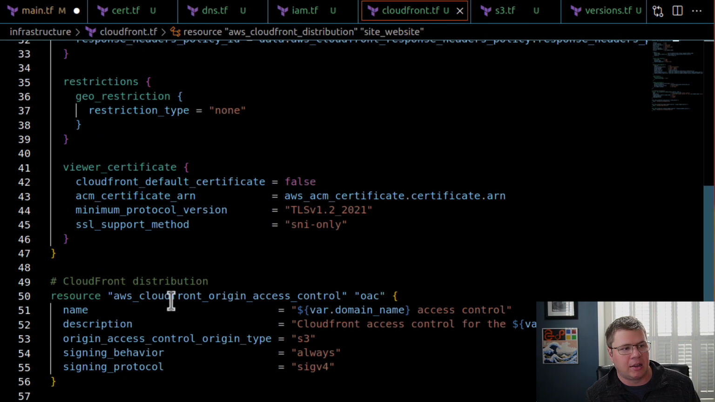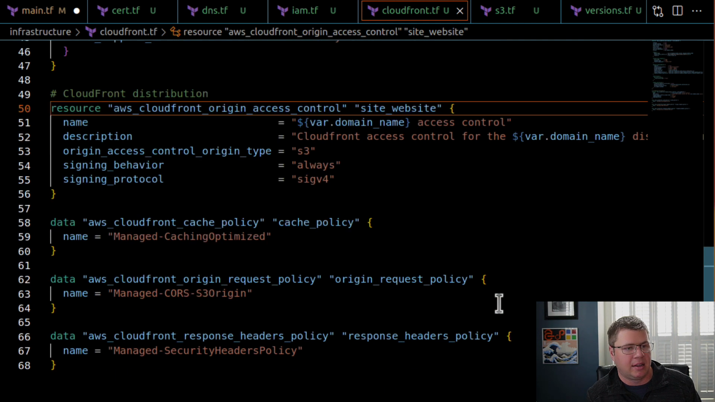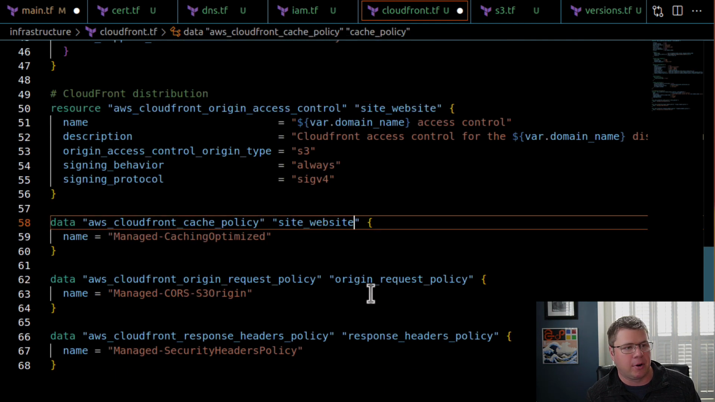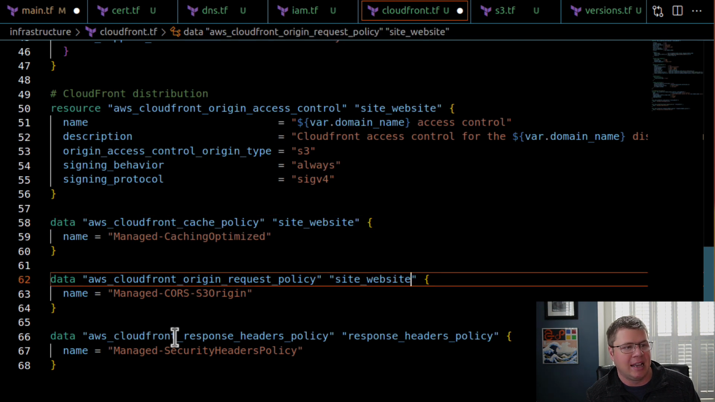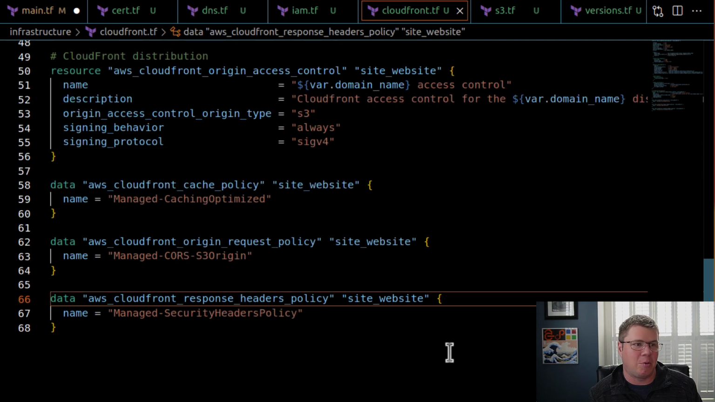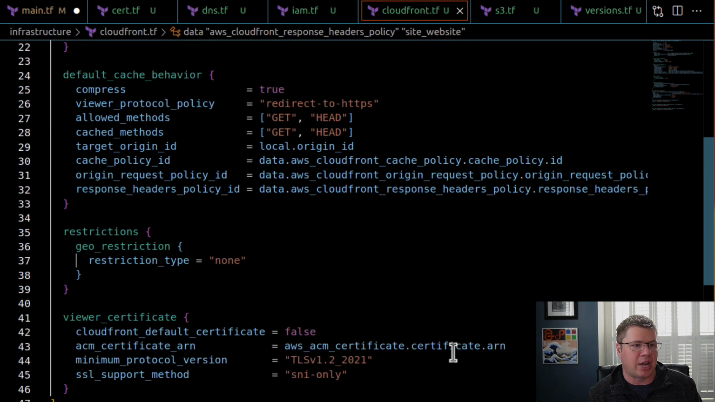This is the origin access control for our static website. This is our cache policy for our static website. This is our origin request policy for our static website. This is our response header policy for our static website. And then what happens is, when you tie all these things together, it becomes less and less of a hunt